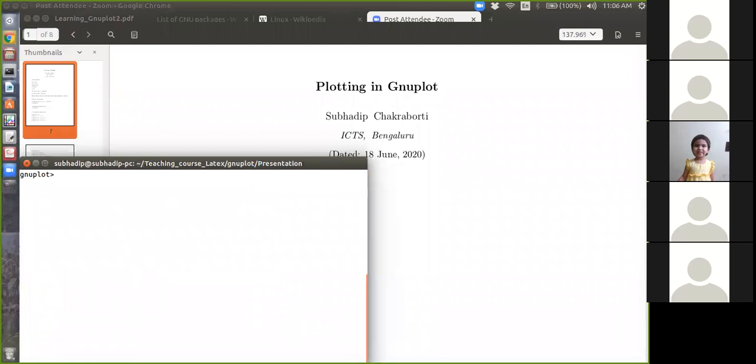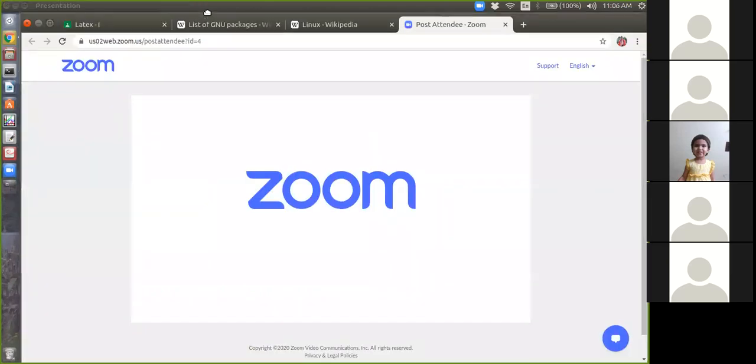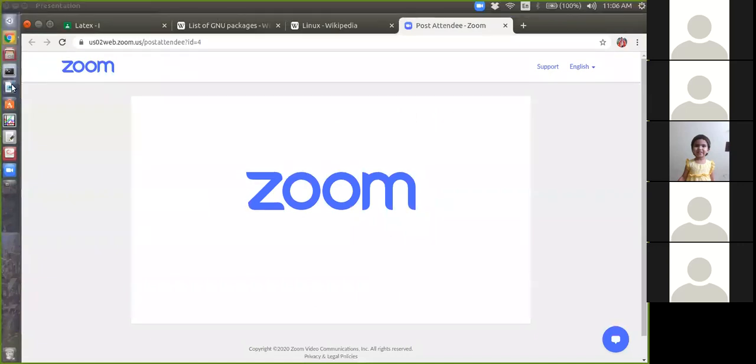Now it is time to plot. I hope you all have the PDF file I have shared in the classroom. I will keep it on one side so that I can see it, and you can also see it and type.